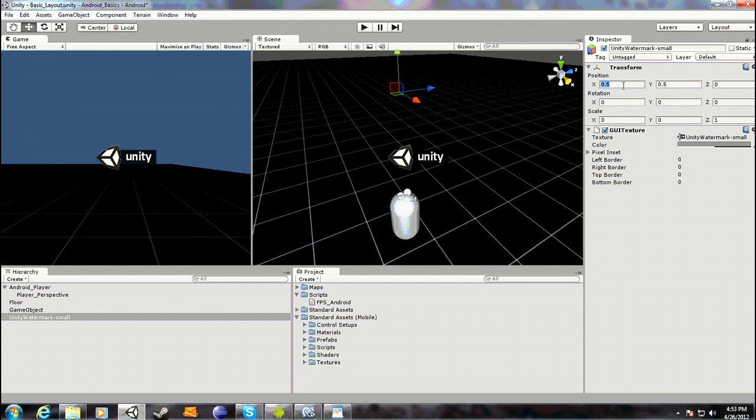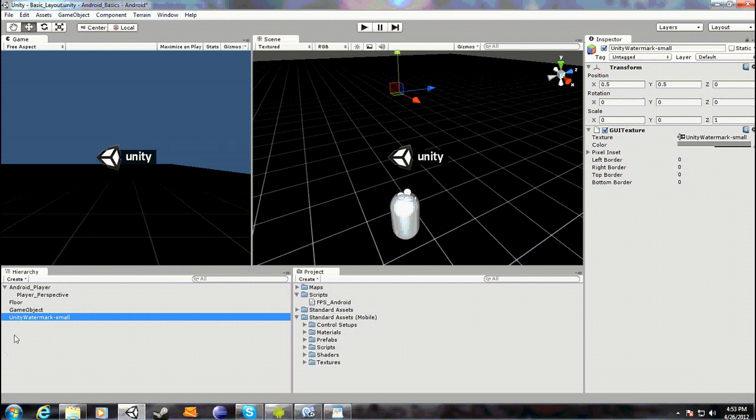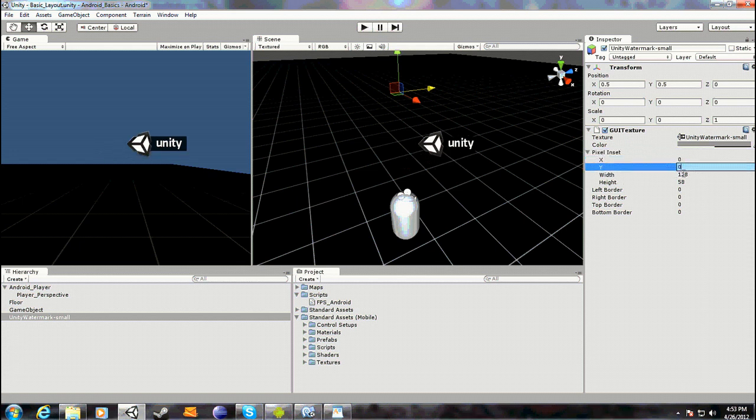So you want to set the position, say, something like the Unity watermark. You want to go pixel inset, and this will just reset these values. Be 0, 0, and I like to go,